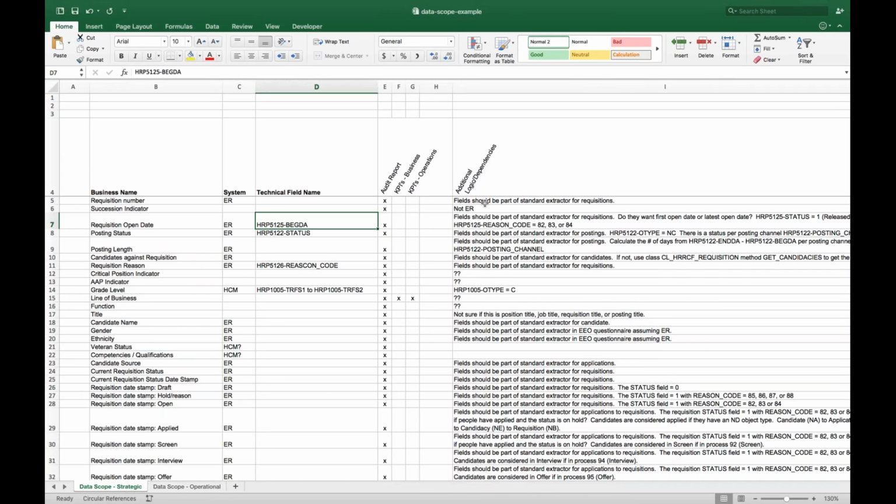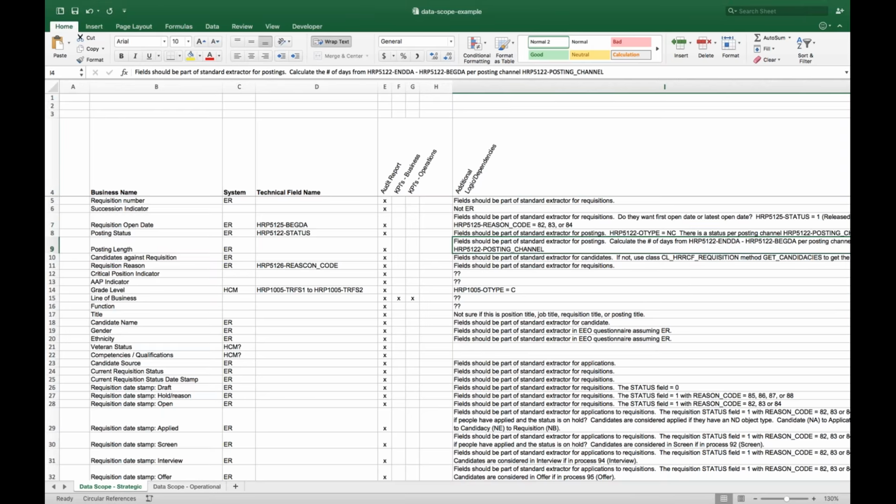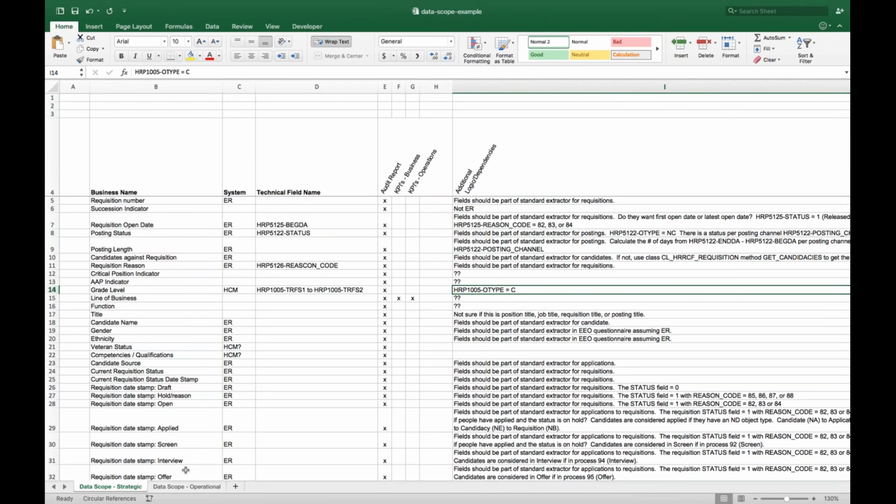Also additional logic, so as you're talking with the executive then, you're walking through really data scope. Here's the sorts of data that's available before we ever get to the whiteboarding session. Here's the things that are easy to get to, here's the things that are difficult to get to. So usually as you end up your first session with the executive, you're going back and you're starting to fill in what are the additional logic, what are the additional dependencies. So this spreadsheet will be made available after the webinar.